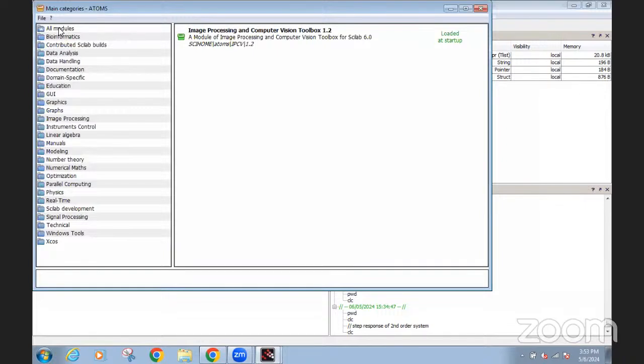From here you can select any of the toolboxes, that is bioinformatics, data analysis, data handling, documentation, education, graphical